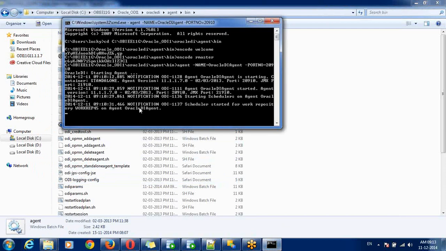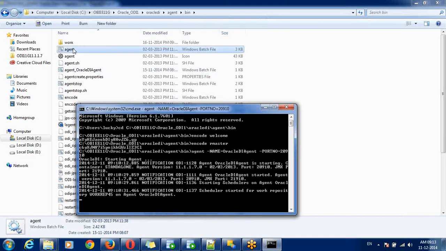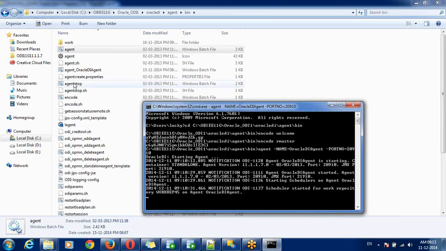We already started it here. So these are the two methods to start an agent. There are other utilities like agent stop. Simply type agent stop, your agent name and the port number.